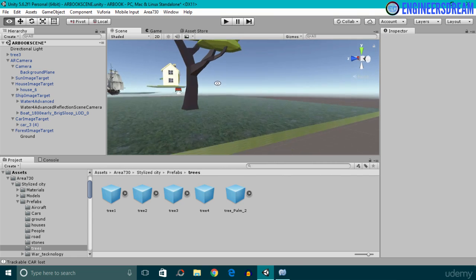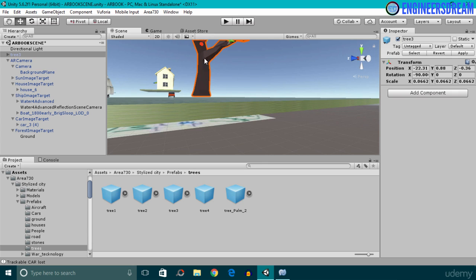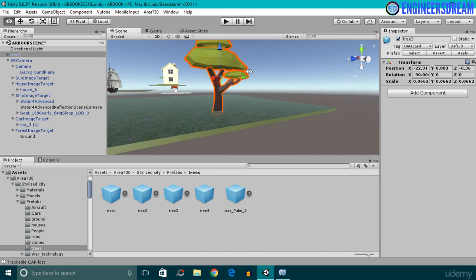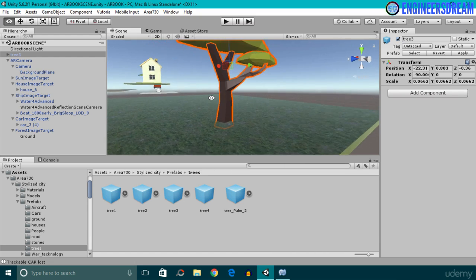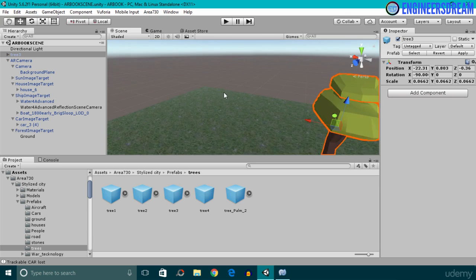Okay, now if you look very carefully, there is a small distance between the ground and the tree. So I'll bring the tree down a little bit so that the tree is exactly on top of the ground. Now, as you can see, the tree is exactly on top of the ground game object. Okay, so I'll hit save.